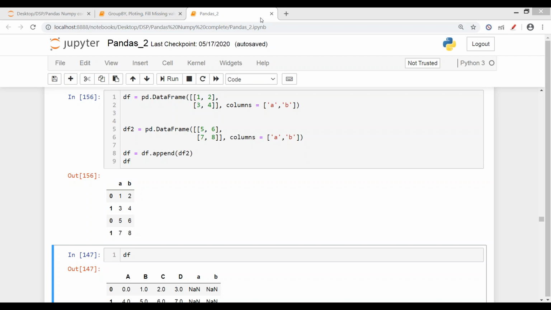Just one second, give me a second guys. Let me just do this. Ignore index is equals to true. Then you know the values will be